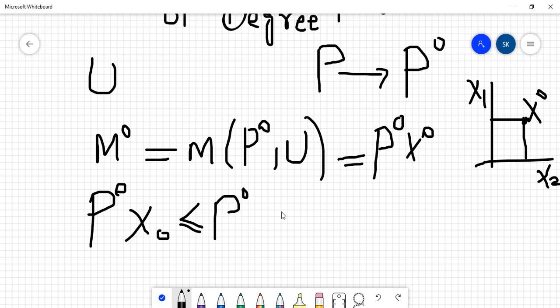One thing I would like to do here is grab this note from here and write it over here. Now p naught x naught is less than or equal to p naught x for all the bundles of x yielding utility of u or more. That is, what does this state? It states that